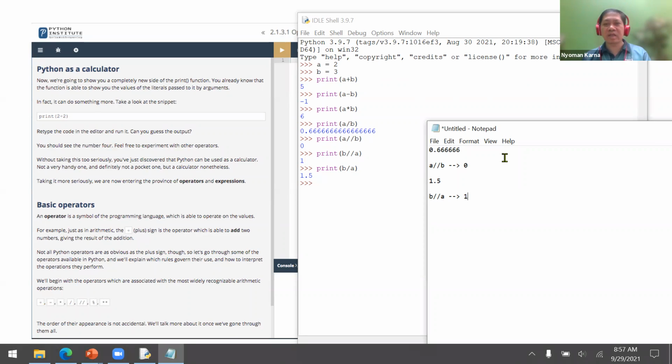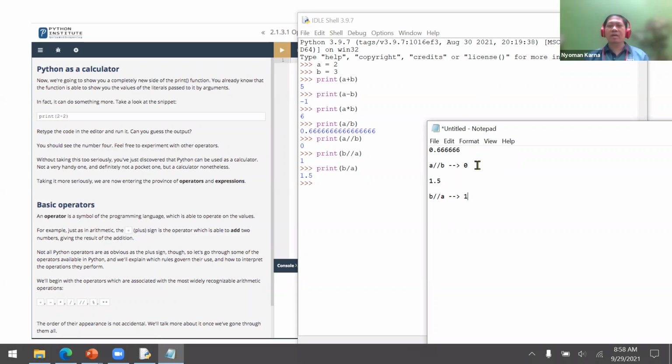So integer division is just similar like regular division. However, it will return only the integer part. It will never do round. Like for example, 0.6 is actually closer to 1. No, that's not how the integer division works. It just take the integer part, that's it. It will never think this is closer to 0 or 1.